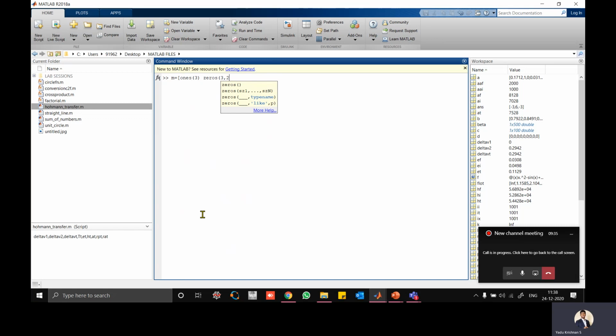That means after ones of 3, a 3 by 3 matrix will be there in the first case, and zeros of 3, 2, that is 3 rows and 2 columns using the zeros. So there will be a total of 3 rows for this one, and 5 columns.